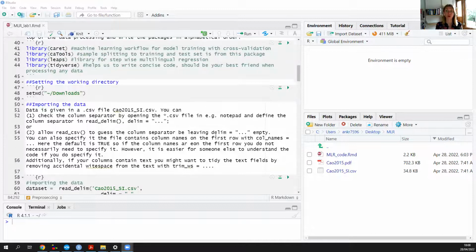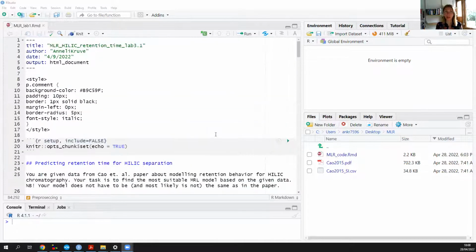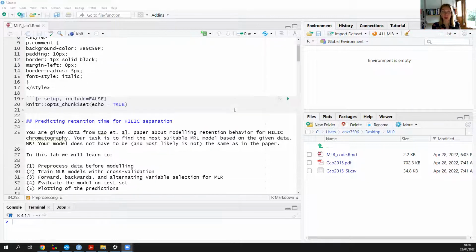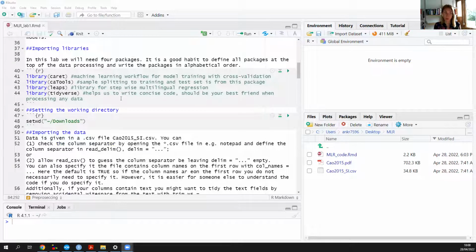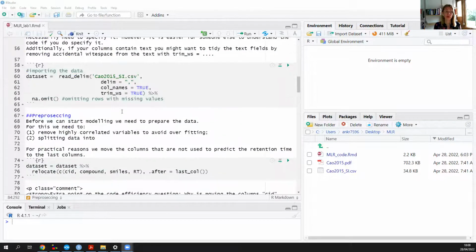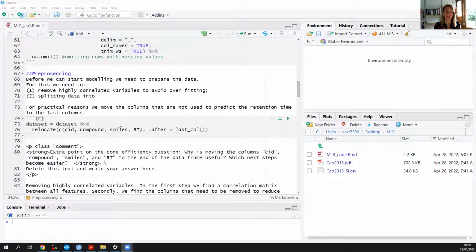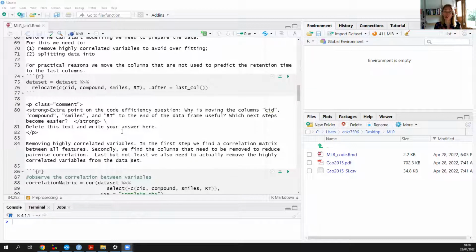But there are also videos coming up where we write this code together so you understand why something is written there and how it is written. Now, importantly, in these Markdown files, you will find explanation text, so the text part, the code part, but you also find a questions part. These are parts where you need to yourself